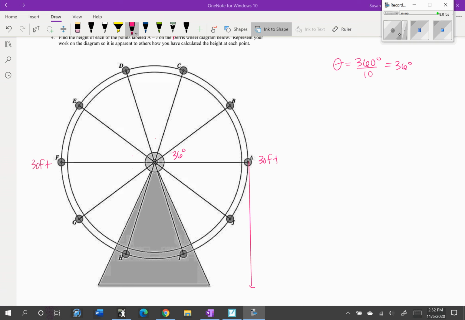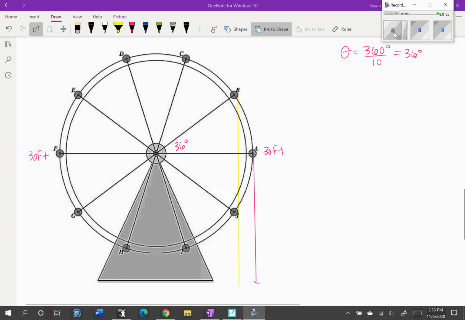So how can I find the height of B? Again, because they told us we're going to use right triangle trig, using some right triangle trig, see if you can pause the video to figure out what the height of B would be. So we're trying to figure out what the height is from B all the way down to the ground. So if we look at this triangle right here,